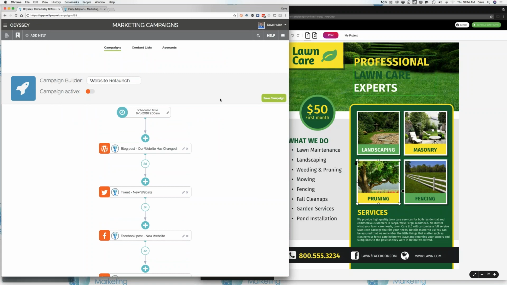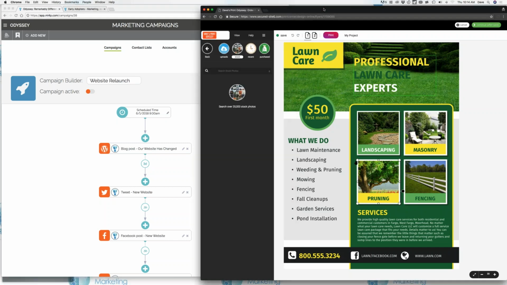So if you think back to that path that we had, those icons up there, all of this is meant to drive people back to something on your website, and that's what this is. This is Design Edit. And this is something that's available on all of the websites from Marketing Ideas for Printers. It's an online design tool, very intuitive, very easy to use.